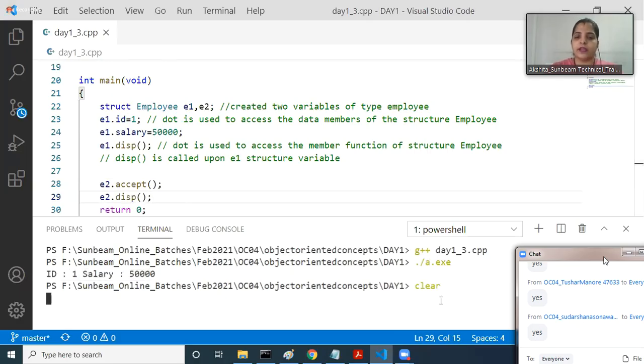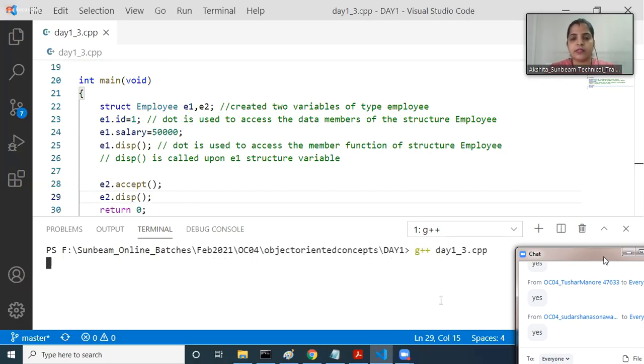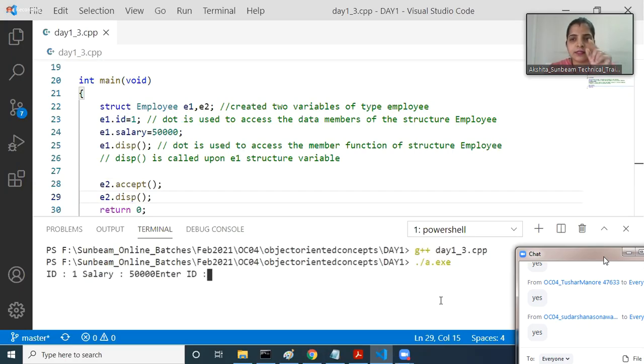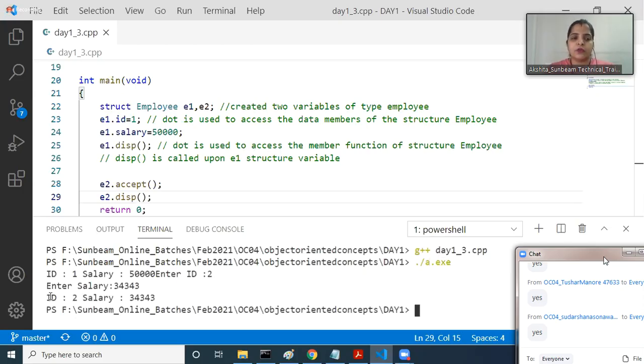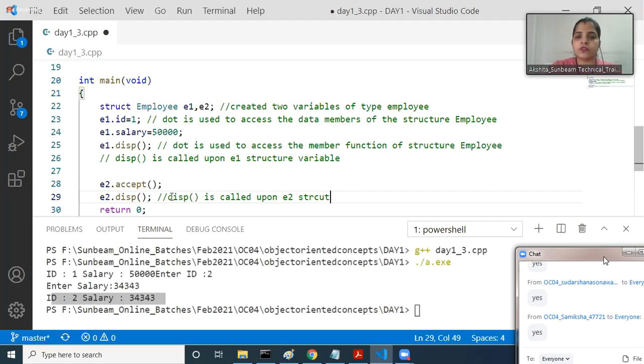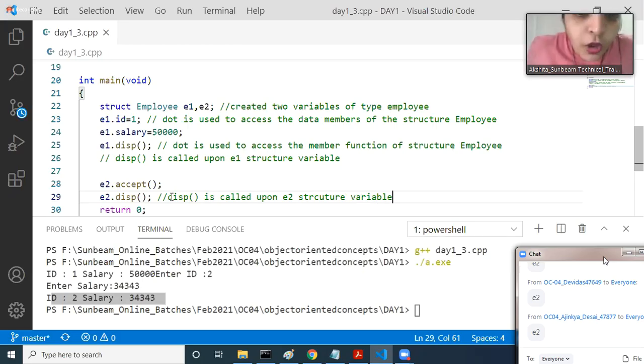Let us check it once again. First, it should display the e1 record. For e2, is it asking me to enter the id? I'm saying 2. Is it asking me for the salary? Yes. Am I getting e2's id and salary? Means can I say here the display function is called upon which structure variable? e2 structure variable. जिस वेरिएबल के ऊपर आप फंक्शन को कॉल करते हो उस वेरिएबल का डेटा वो डिस्प्ले कर रहा है।